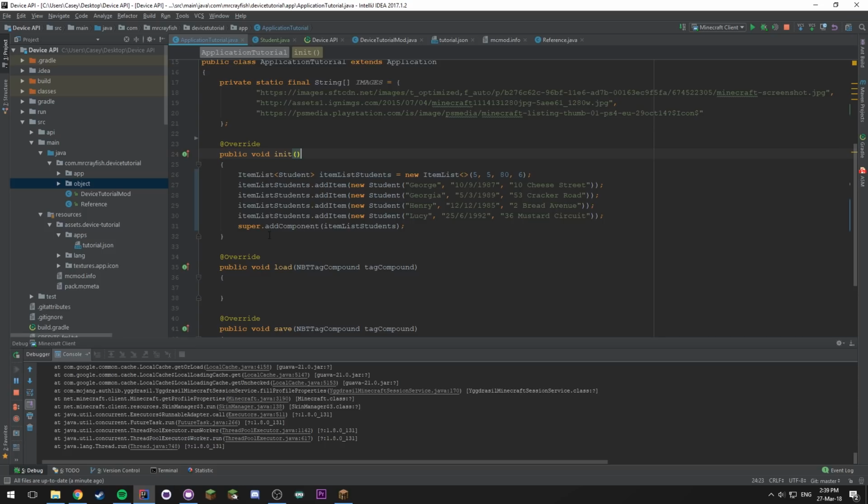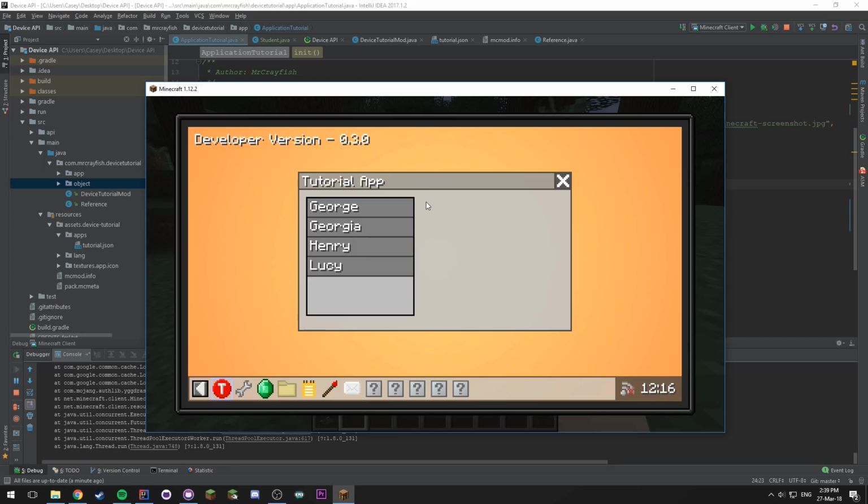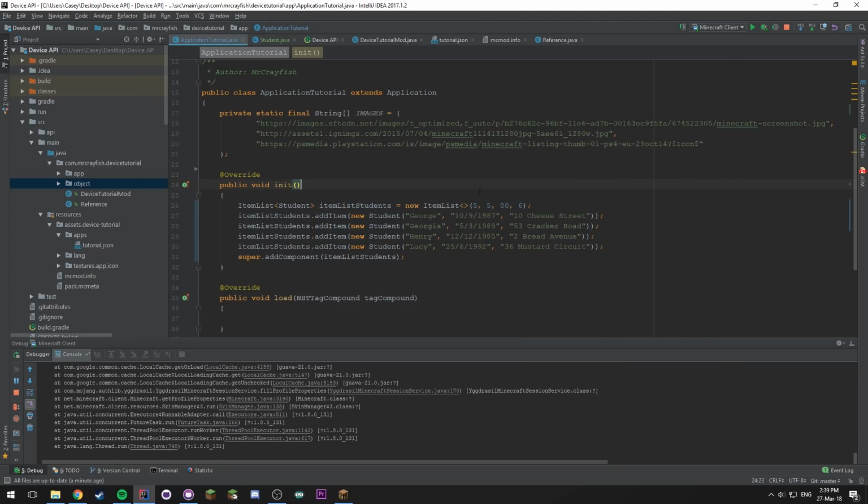What we need to do is add some more components to our application. As I said, we want to have a name at the top here. So we're going to use the label component. If we type in label here, make sure you get the correct one, because there are a lot of implementations of it. It should be the one from the Device API app component. Click on that. We're going to call this label name